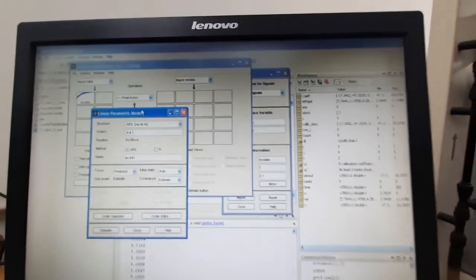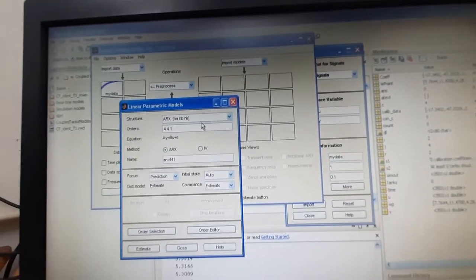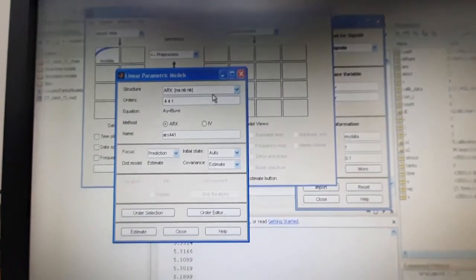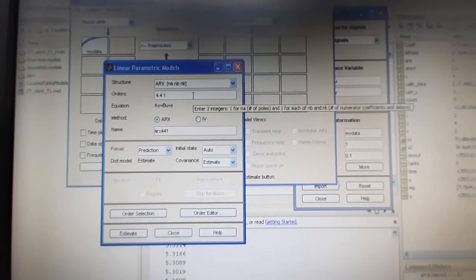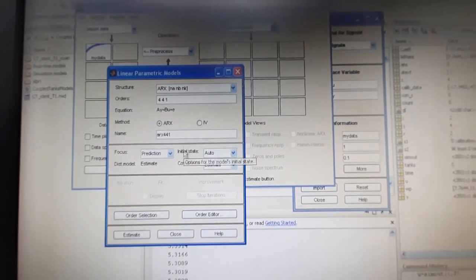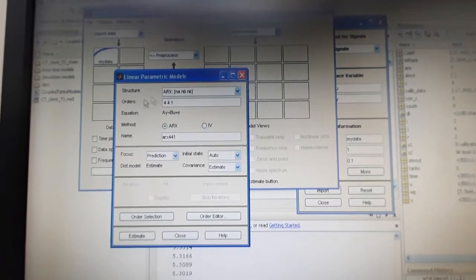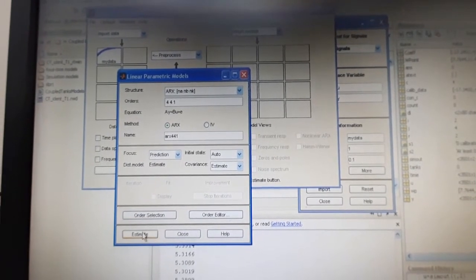If you click this one, another pop-up will come. Here they will ask for several things, that means your target model should be in which structure, what should be the order of your target model. These are the information that you have to give first. You have to put those information in this pop-up. Then you have to click on estimate.